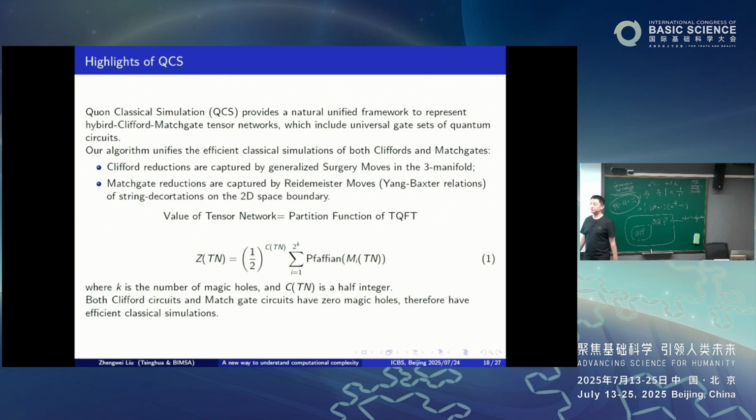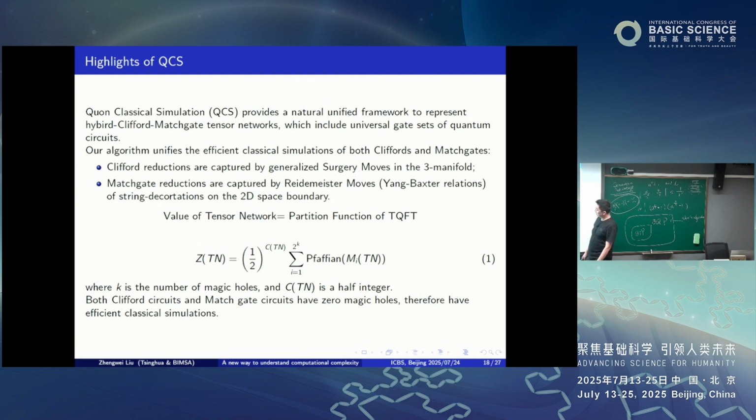This is a notion we found. And the computation formula is even better: you have a constant factor to a certain power, and this number is just some combinatorial data, an integer or half-integer. And this part is a product of Pfaffian matrices, which has a polynomial-time algorithm to compute. It's the square root of the determinant. And then you just take the sum. So we have this formula. It is an algebraic formula, but essentially we do this computation in a topological way rather than an algebraic way. But it is a clear formula showing how we involve Clifford and matchgate together.